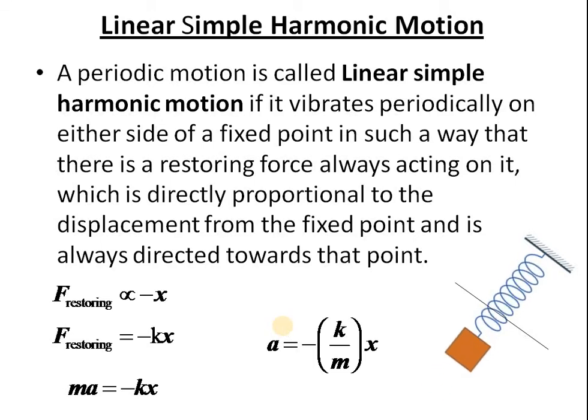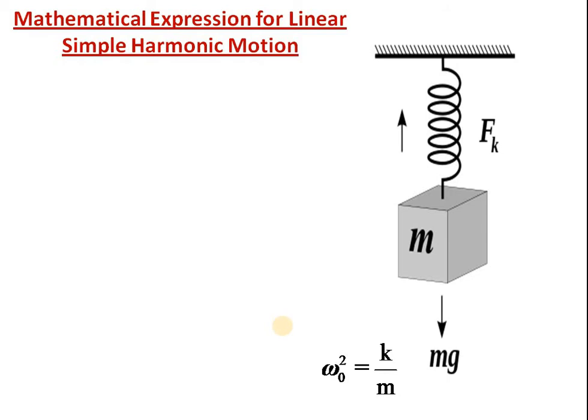You can see that in case of simple harmonic motion, the body always experiences an acceleration. That acceleration is directed to some equilibrium point, some fixed point. Whether the body is moving away or towards it, there is always a force acting on the body, or acceleration, you can say. Now let us deal with this motion a little mathematically. Then we will get many parameters connected with this motion. So already we have F is equal to minus kx.